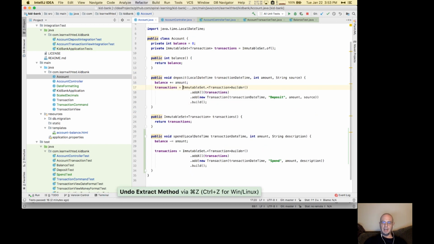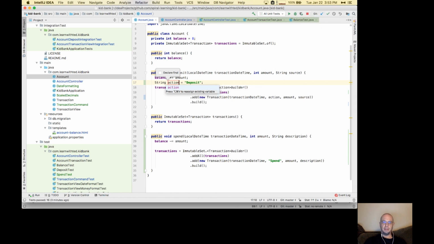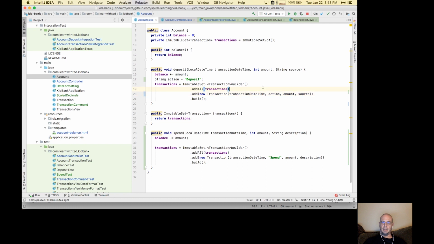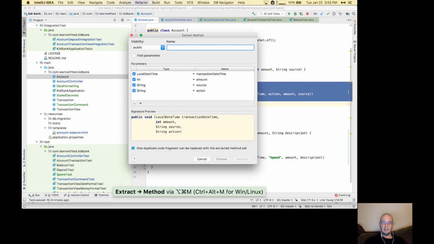So let's undo that. What I want to do is pull out the part that I know varies between these. I'll pull these out just into a variable right now, and I'll call this action. And so now if I pull this out into a method,